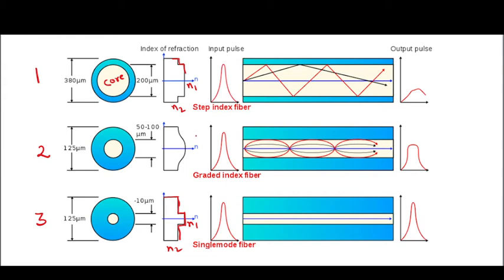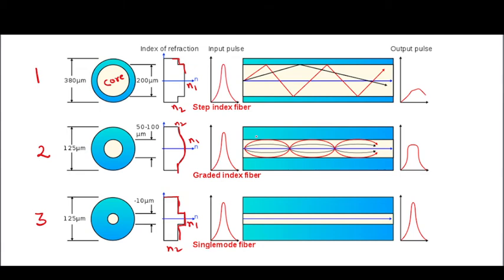So what is the multimode and what is graded? Graded means, now you can see here, this is a clad and this is a core, and the refractive index of clad is almost constant here, but the refractive index of core is increasing slowly. It is graded, it is increasing very slowly. Okay. So this is something like N1 max, and then N1 decreases slowly up to the N2 value. So this is the N2 value.